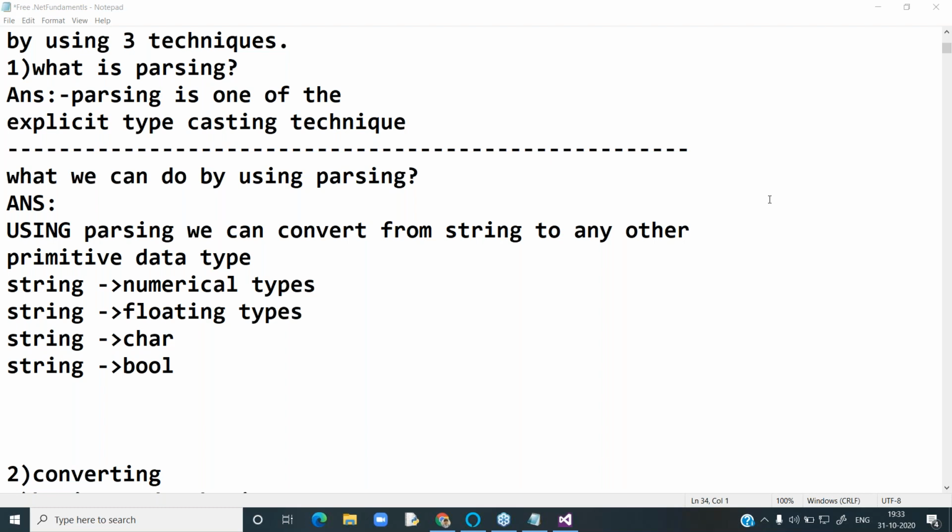I will not share any notes in the chat window. Whatever I am typing, you should record. That is your responsibility as a student. Don't ask me to share the notes, Yogeshwar. If I share, you will just listen to the class and you cannot learn the subject. You should write it.